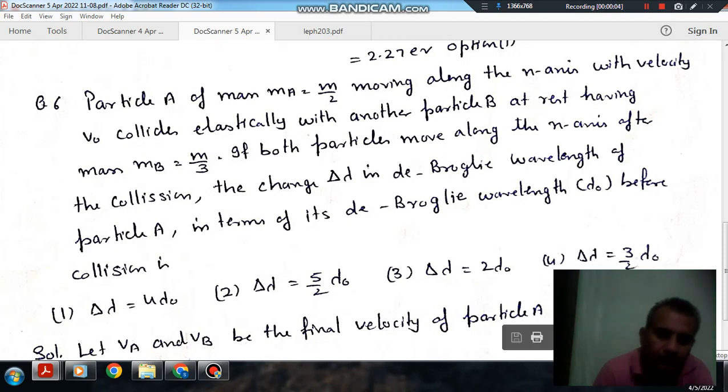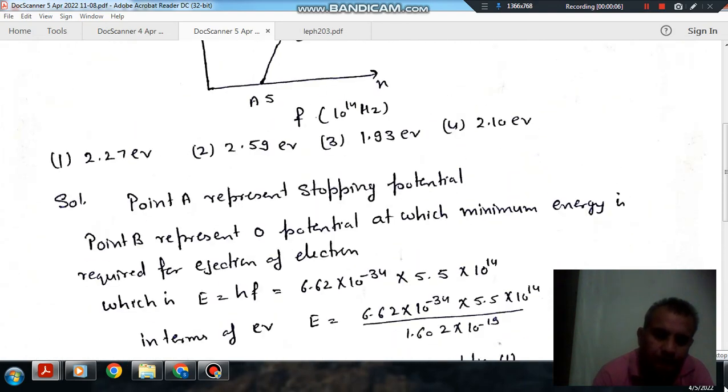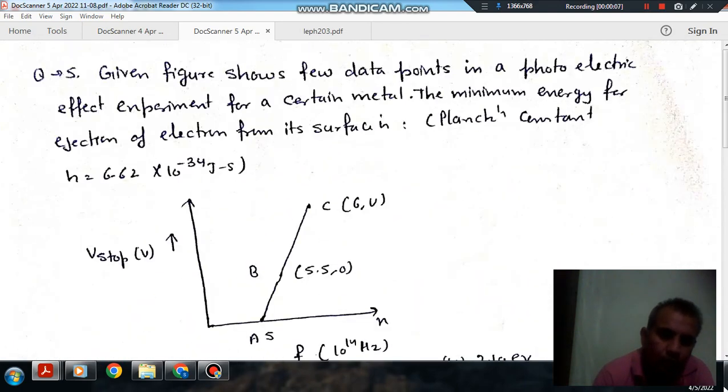Hello, welcome again. We are solving IITJ physics. The topic is dual nature of radiation and matter. Question number 5: the given figure shows a few data points from a photoelectric effect experiment for a certain metal. The minimum energy for ejection of an electron from its surface is